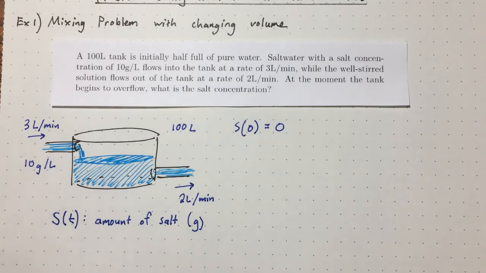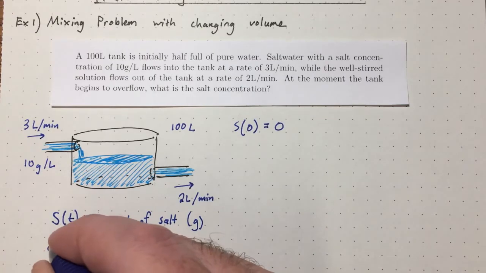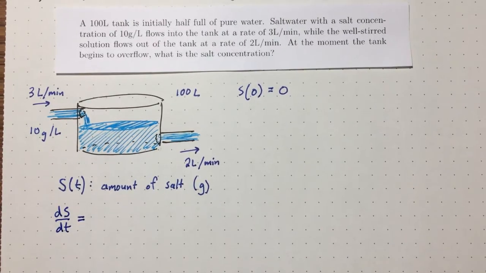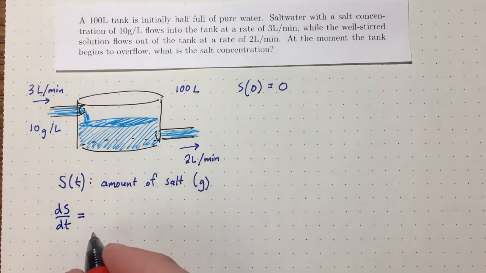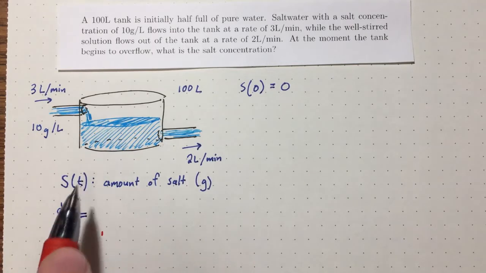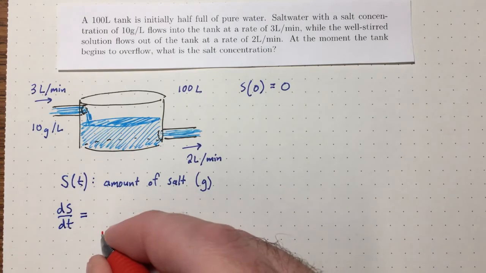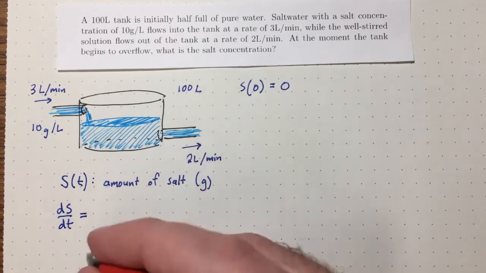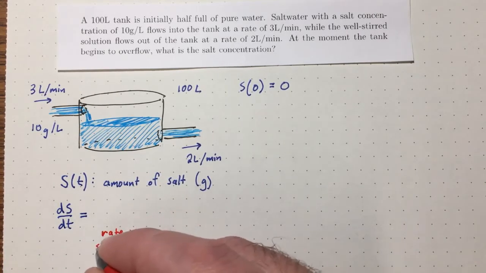Okay, so let's write a differential equation. So what's that going to look like? It'll look like dS/dt equals, and if you'll remember from the mixing problem that we did before, we had the following setup. There are two contributions, two things that are affecting how S is changing, right? So there's salt water coming in, but there's also salt water going out. So dS/dt is going to be the rate in of salt,